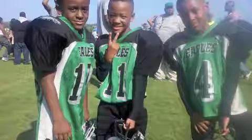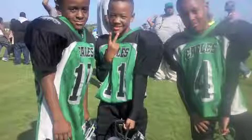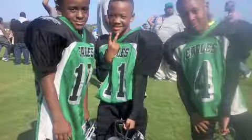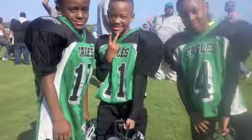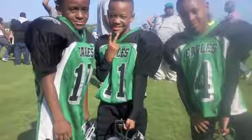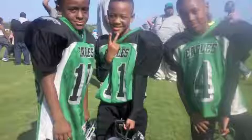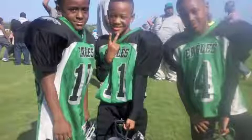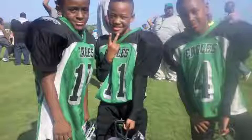So this is it right here for Bordeaux, as they need to get in the end zone here and then be able to stop Donaldson. If they don't get in the end zone here, then Donaldson will have a chance to try to go and get the victory. So now the Eagles make the call. They go into the line of scrimmage. And we're going to have